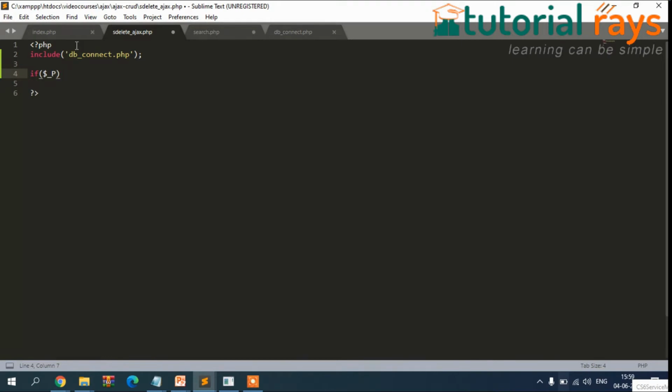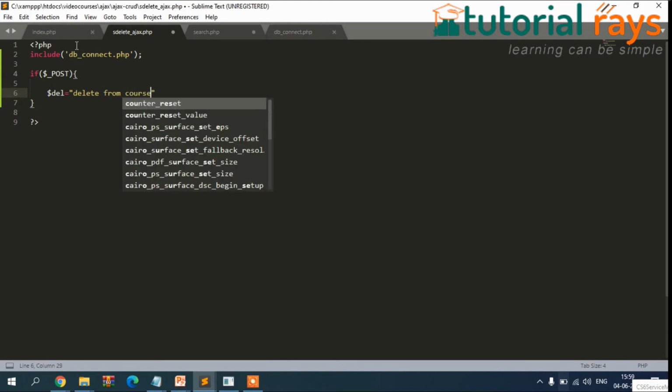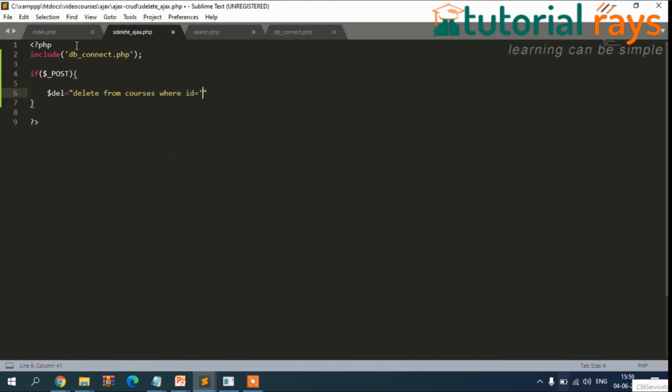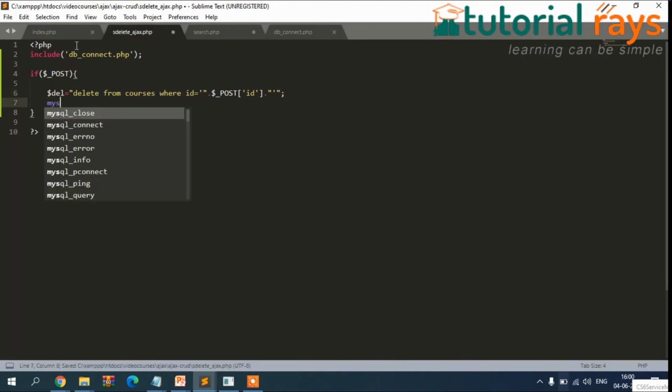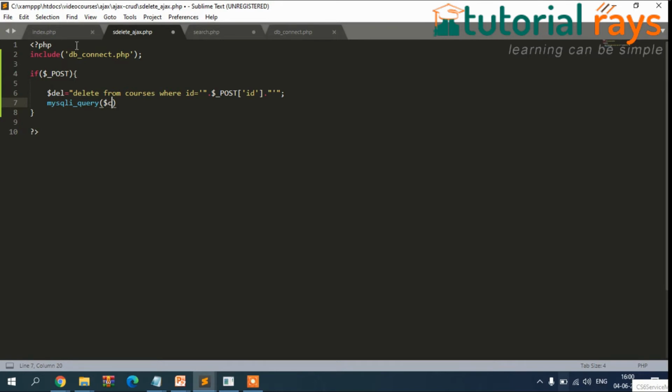So it's coming here, everything will be same. So we will pass ID to our PHP file. So let's create a new file, and PHP right here, and then delete ajax.php, so include db connect.php, and then if $_post, $_post, then $del